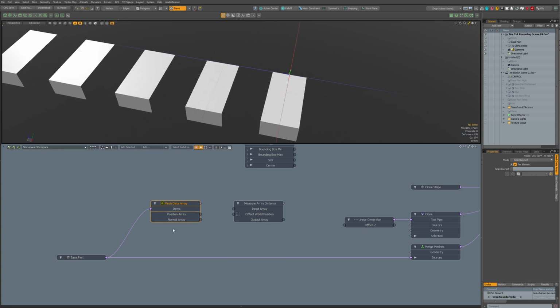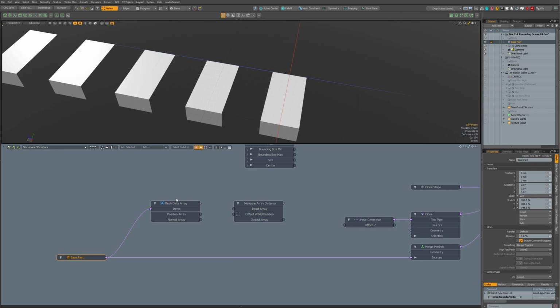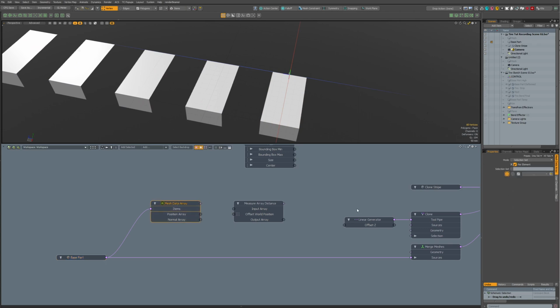So we need a selection set for this to create the arrow we want, and we want positions arrow. So let's make that here first and create selection set for this.